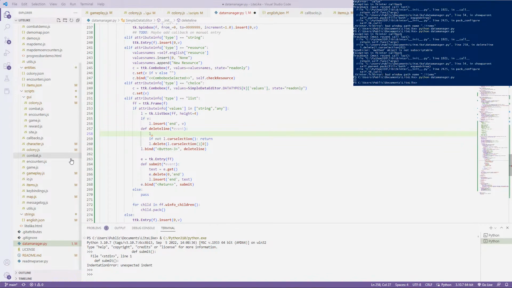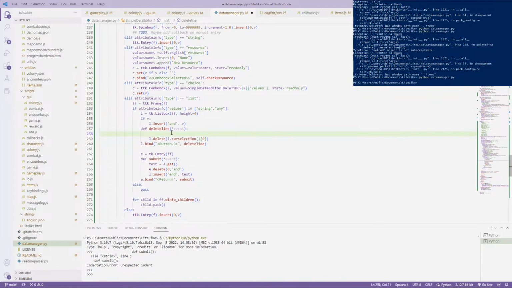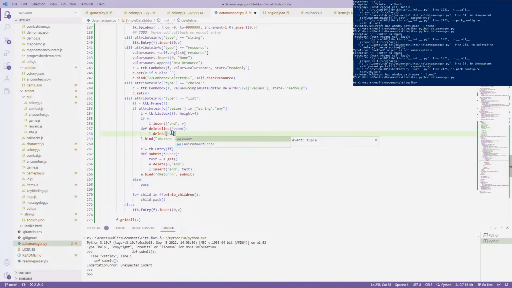All right, there we go. So we need to use nearest in that case and do that instead. L dot delete event L dot nearest